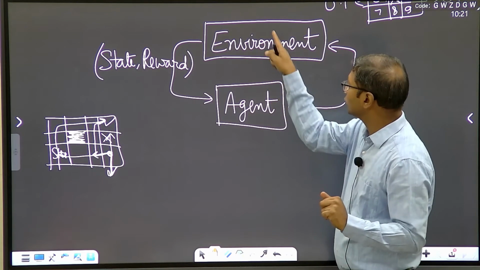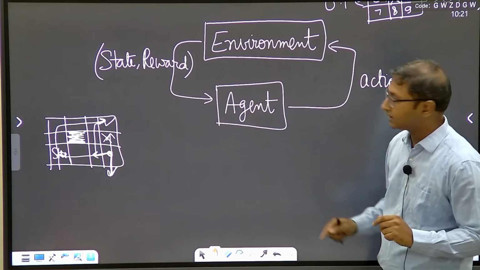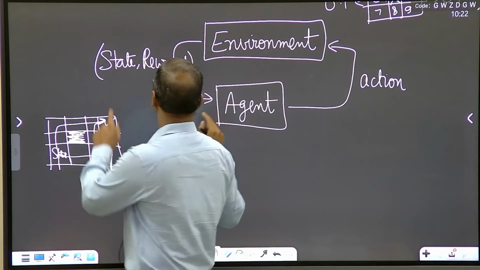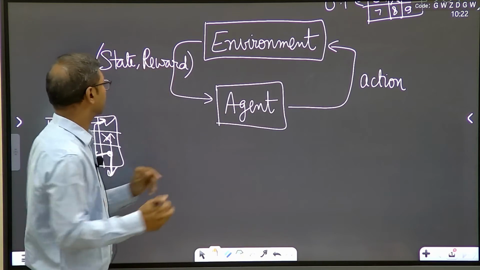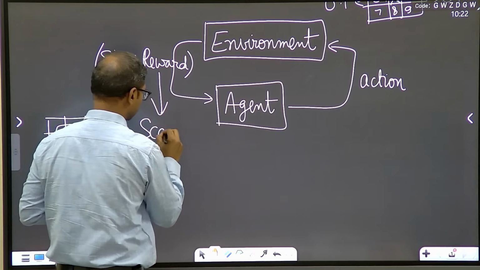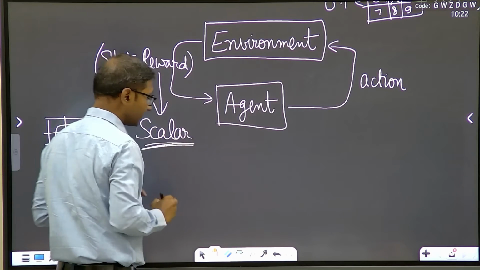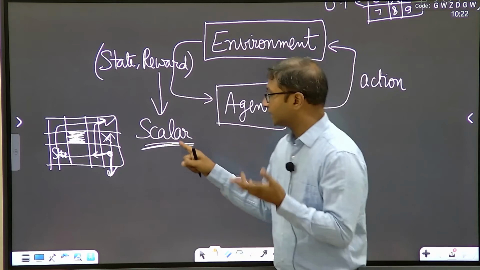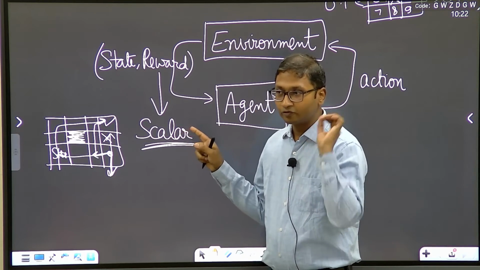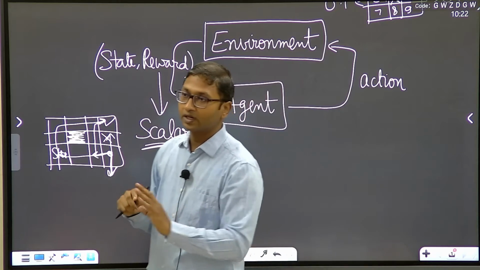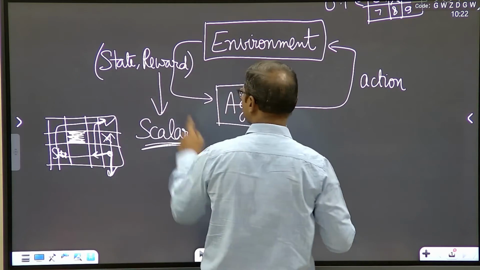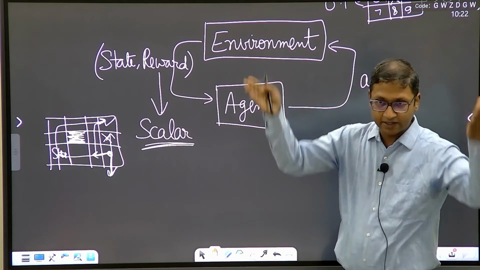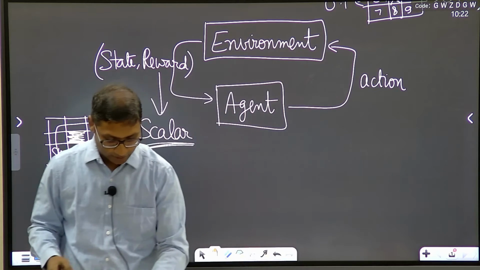You are an agent, you interact with an environment, you take action in the environment, and once you have taken action, you have got no control. Environment returns you a state and a scalar. So reward is always scalar. There is a huge amount of literature in reinforcement learning on this. Does it have to be a scalar? Can it be a vector, and so on? It turns out one scalar value is sufficient to model this reward. You don't really need your rewards to be complicated. So this reward is scalar. State is what your state is. So you have a complete set of whole states.